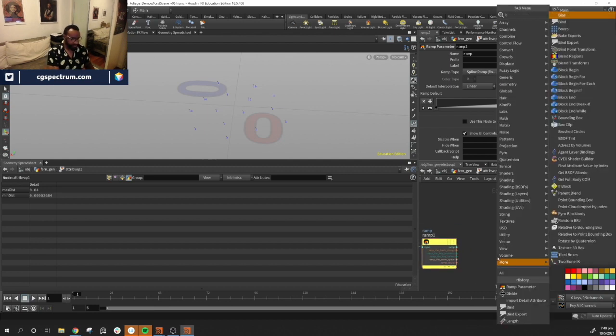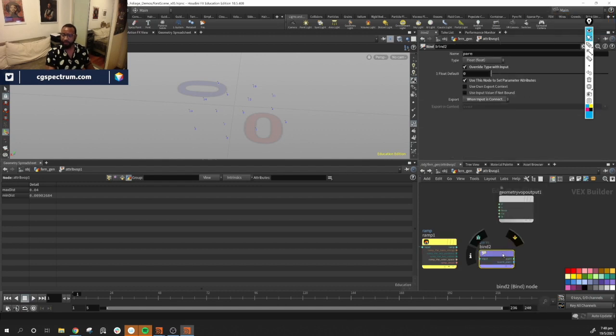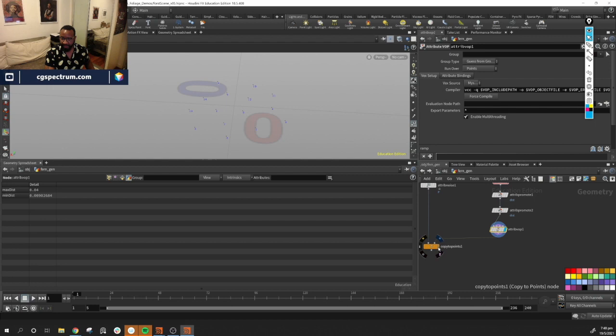Tab bind export. This is going to be P scale. I'll plug my ramp into P scale. So P scale is an attribute that Houdini knows about and it's looking for, and it says, oh, if you have this P scale and you copy stuff onto me, I'm going to use my P scale to drive that value. So if I go back out to my fern and I look at this guy,